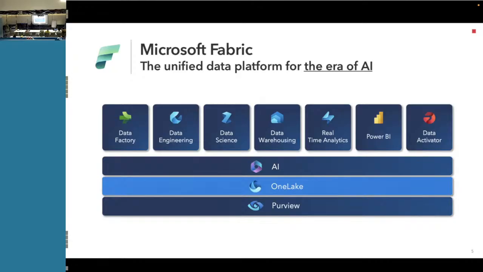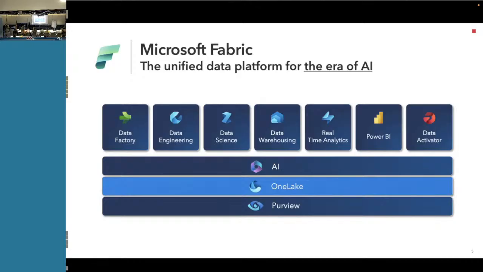We are getting capabilities to use the data science artifact, meaning that once we move the data to a central place, and the heart of Microsoft Fabric is OneLake, once we have the data, we want to do data engineering, meaning analytics, and then we want to do data science, meaning, okay, I have a table, I want to use this table, those columns, to train a machine learning model to do some classification. Then later on, who of you used data warehousing capabilities? You remember Azure SQL Data Warehouse. Those capabilities have been moved to Microsoft Fabric under the name of Data Warehousing engine.